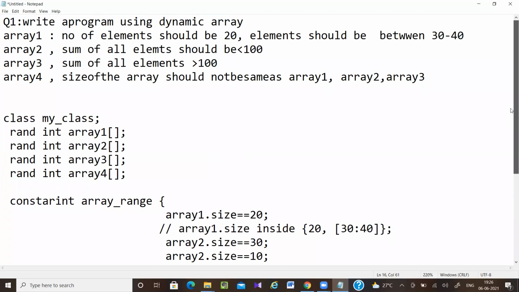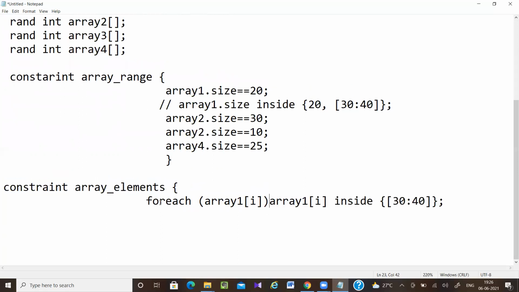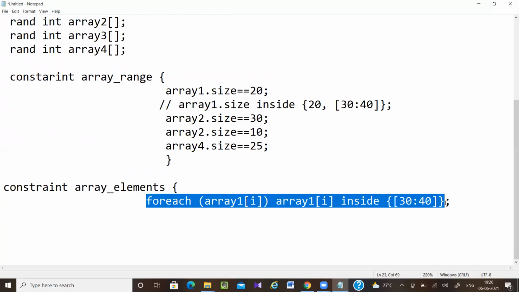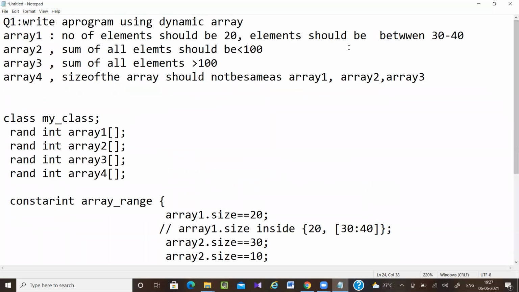Then for array 2, the sum of all elements should be less than 100. Here it is not individual elements, it is the sum of all elements.